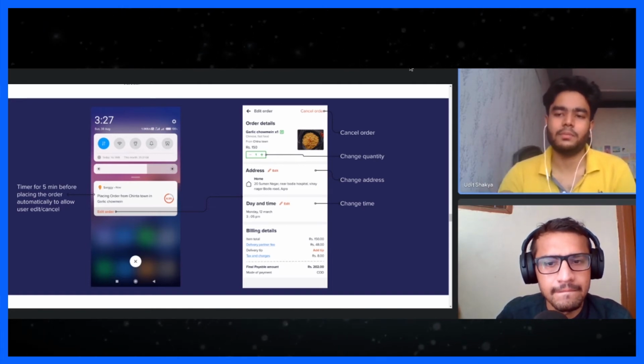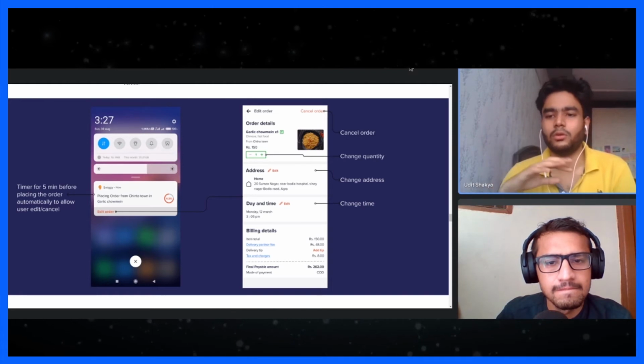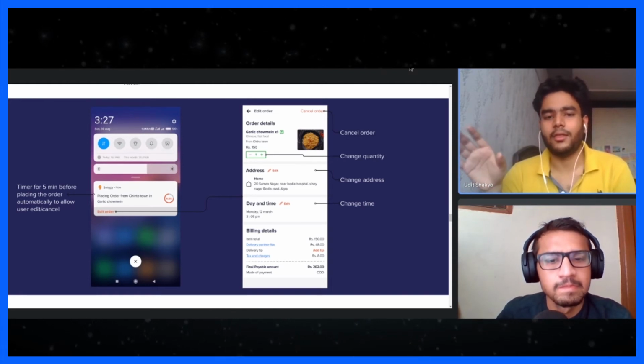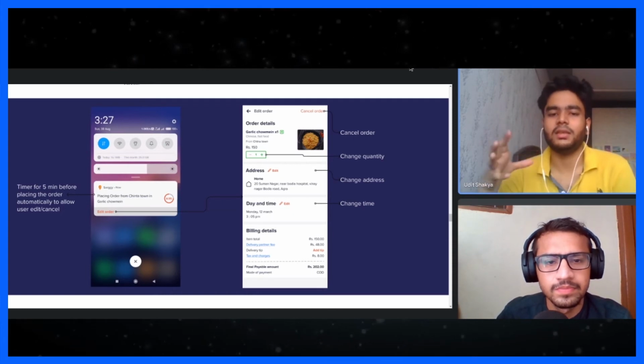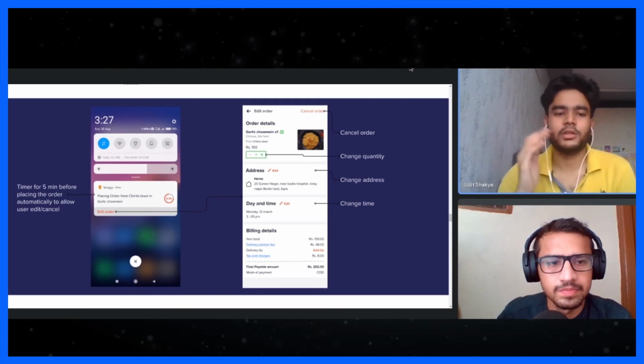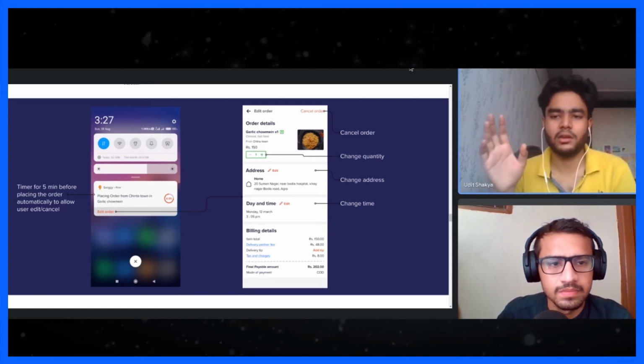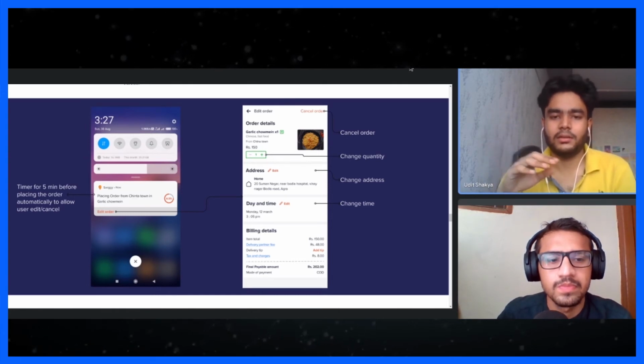Now you do not have to open your whole app, tap on that, and go through the whole flow to schedule the order. You can directly do it from that. It is reducing the friction. It is making things easier for people. You can tap that edit button, it will take you to the same screen.